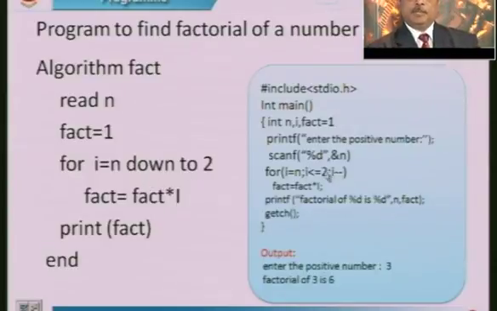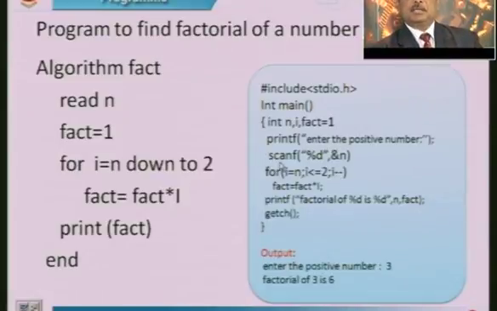shown through a program. So here, these are all the variables: int n is the variable that you are using, I, fact, initializing the fact variable to 1. Enter a positive number. You remember this, factorial of a negative number is not defined. You should enter only a positive number. If the user enters a negative number, you can use one logic here. If n less than 0, you can say printf not possible to find the factorial, and you can go out of the program, taking the control outside the program.